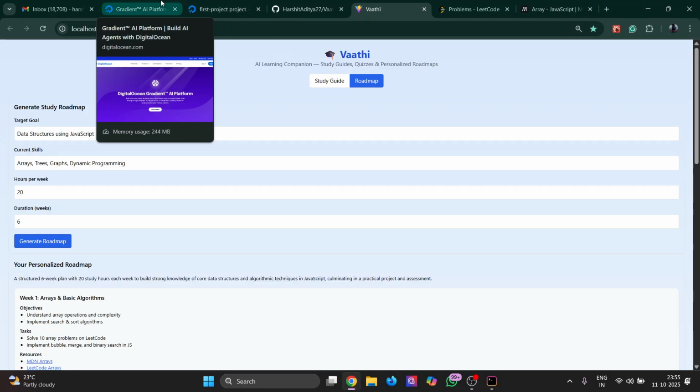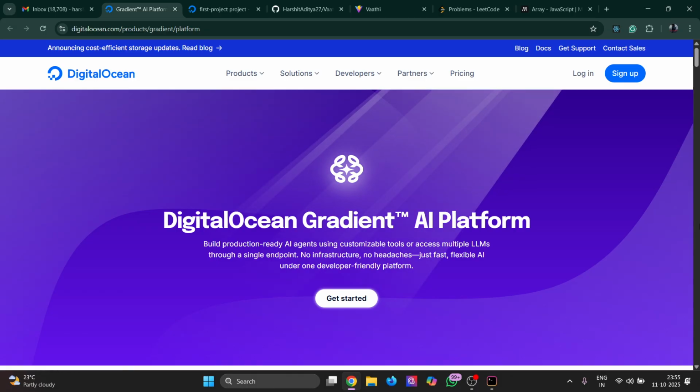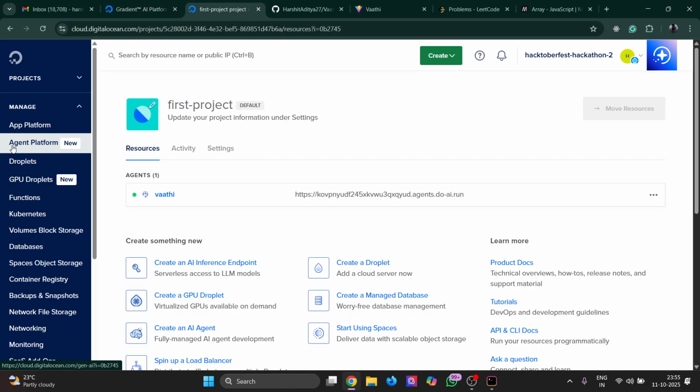Coming to the Gradient API part. So DigitalOcean's Gradient AI platform, not sorry, not API. DigitalOcean's Gradient AI platform enables us to create production-ready AI agents using customizable tools or access multiple LLMs through a single endpoint. So we need no infrastructure, and it's literally easy. What I did, I signed up into DigitalOcean, then I went to agent platform and I created